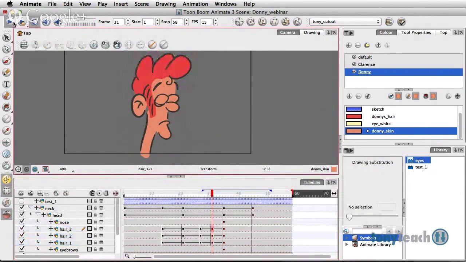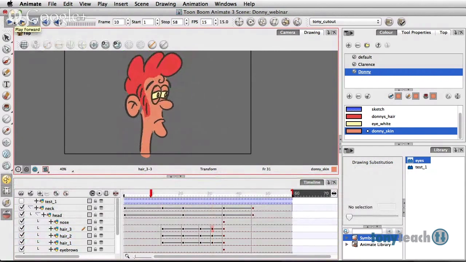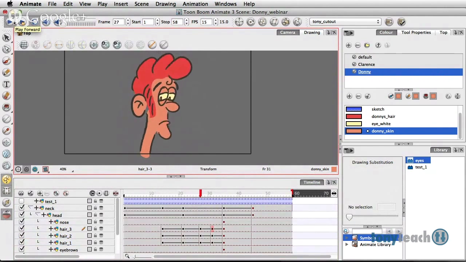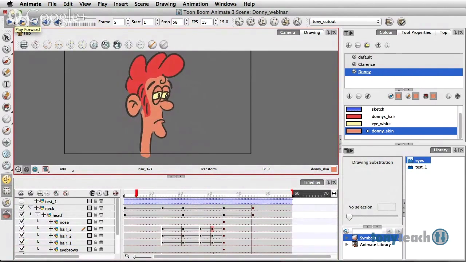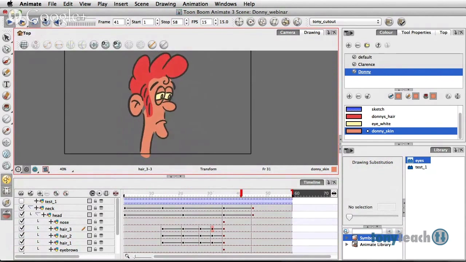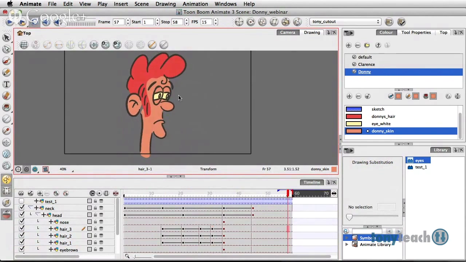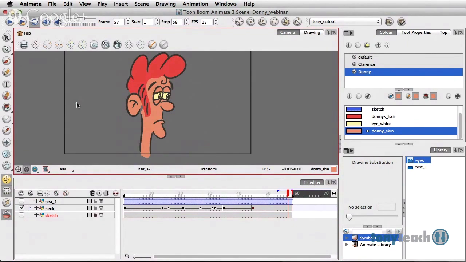So in theory, again, it's a little more aggressive for his hair right now, but I just wanted to show you exactly why his hair is separated. And pretty much that's how I would go about animating something. And at any given point, if I decided I needed to come back in here and fix anything, let's turn off our Animate button. Let's say if I needed to fix the head,